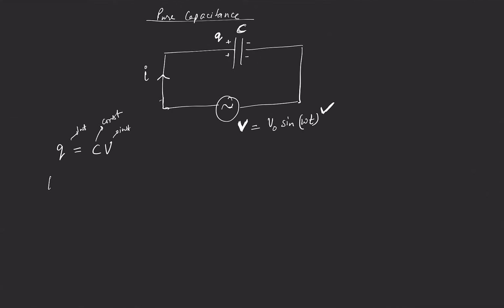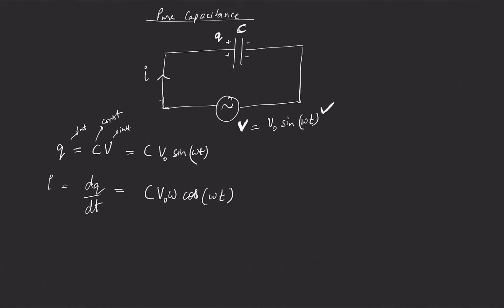And instantaneous current I is simply the rate of change of charge on the capacitor. So we differentiate dQ, the instantaneous charge, and we get the instantaneous current. This is equal to C times the instantaneous voltage, V naught sin omega t. C and V naught are constants, so when we differentiate, it becomes cos of omega t into omega. So we put omega here. So instantaneous current we have found.